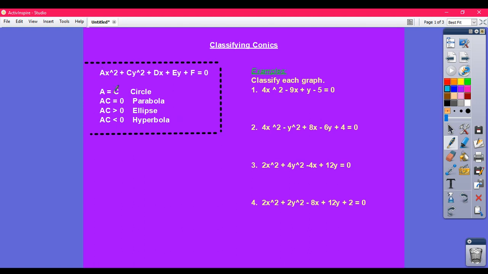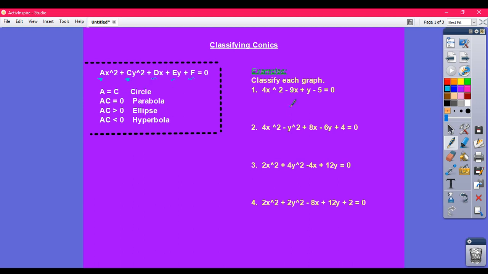So the two things to focus on are the coefficient of x squared, known as a, and the coefficient of y squared, which we'll call c. Mind you, every variable here, the d, the e, the f, they're all just numbers. So don't think too much about it. It looks intimidating. So since we're just focusing on the coefficients a and c, we're going to follow this